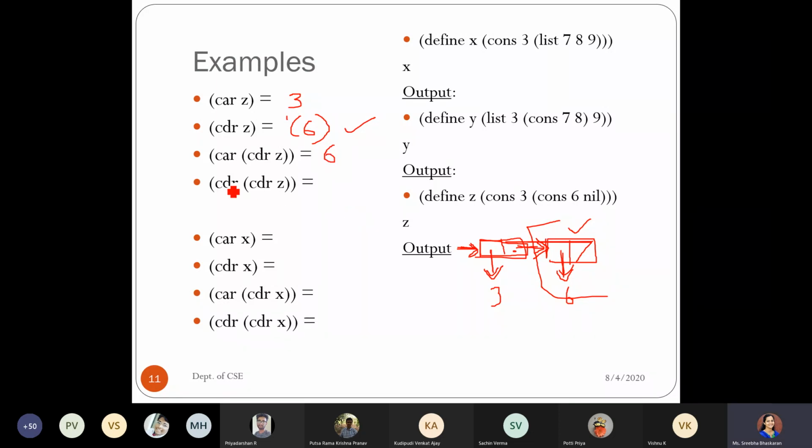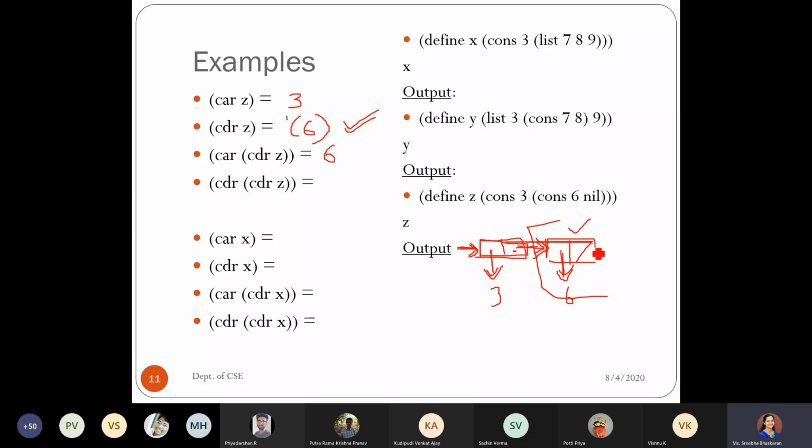Okay. So similarly, if I take the fourth case, that is CDR of CDR of Z. So first one which is going to be executed will be the innermost parenthesis one. So what is there in the innermost parenthesis? It is CDR of Z. So CDR of Z means you will be reaching to the second box, the ticked one. So once you reach to this one, what is the CDR portion of it?